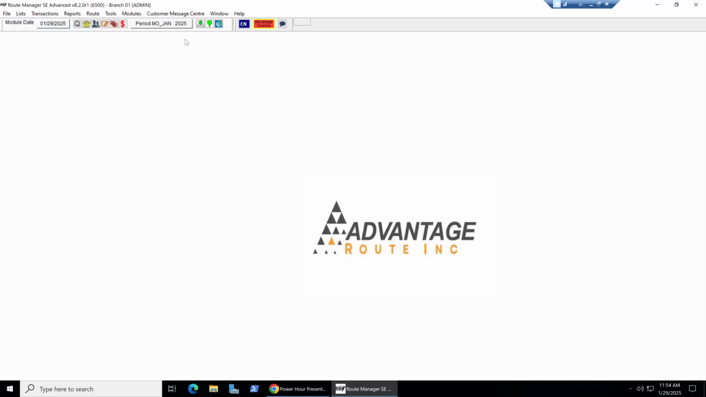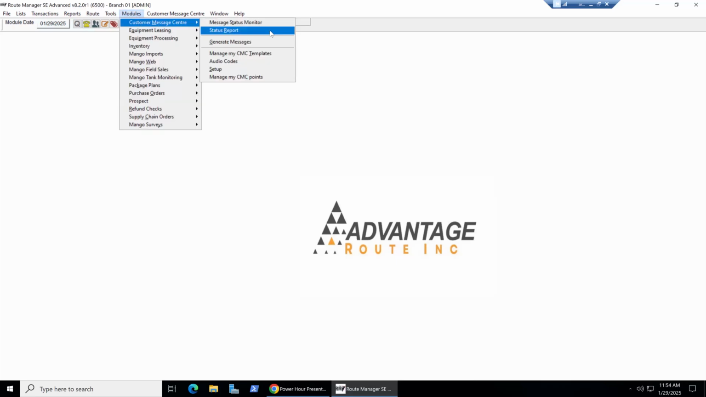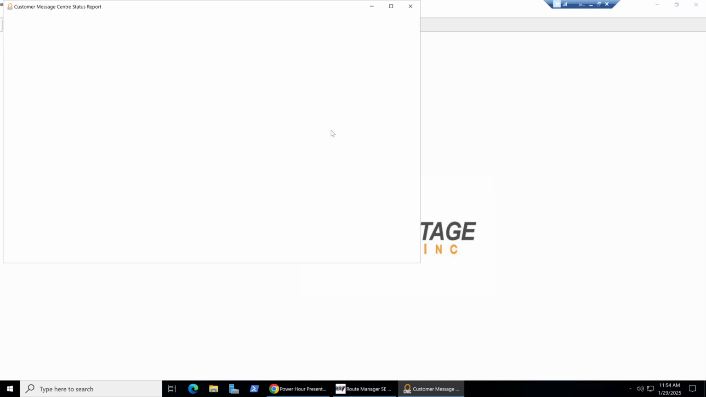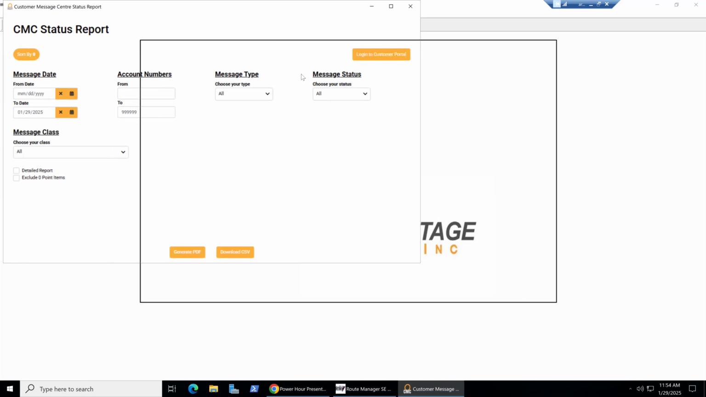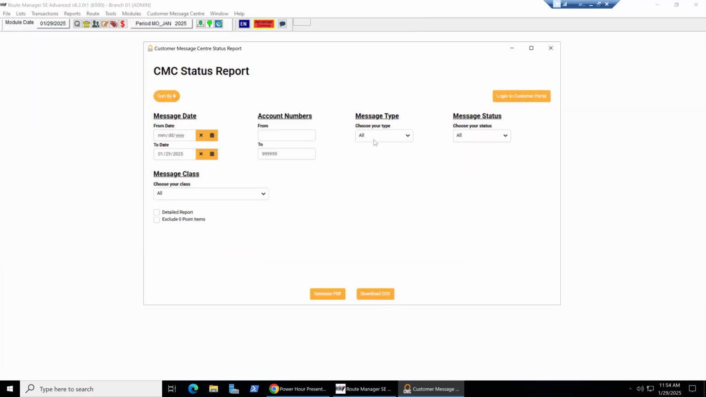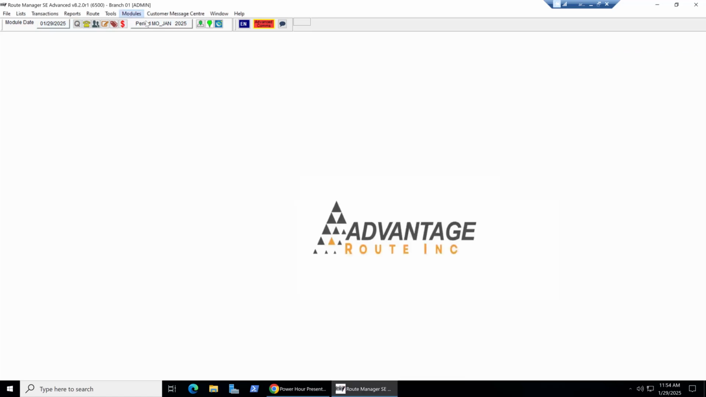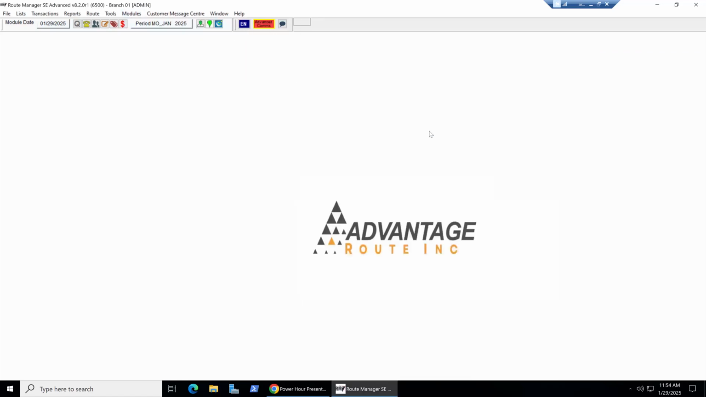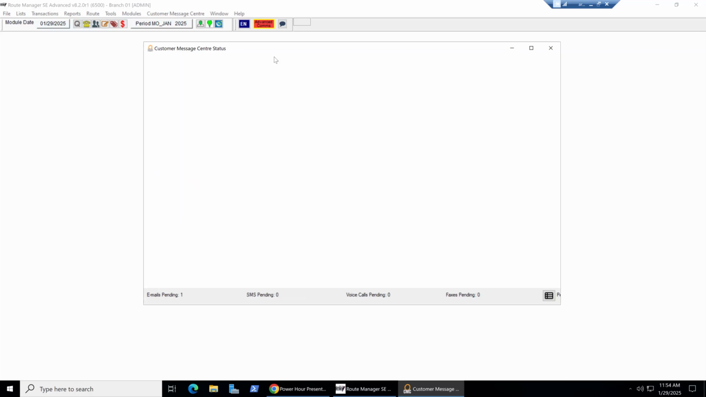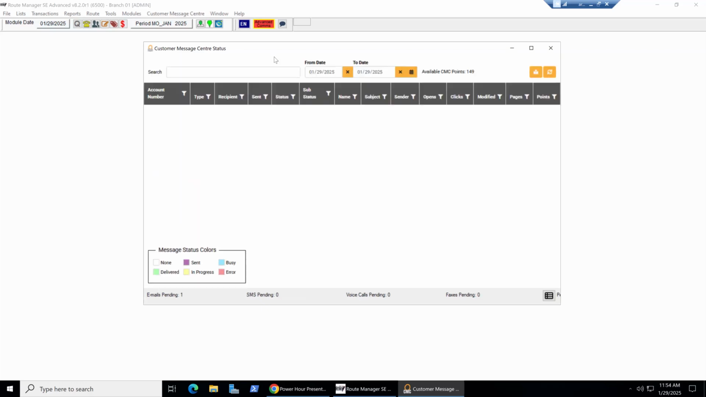So in RMA, you can access the status monitor under modules, customer message center, status monitor. In versions, I want to say 8.1 R9 and newer, the status monitor will look a bit different to you guys. Oh, I'm sorry, this is the report. This is not what I wanted. So, message status monitor. In this window, it's going to look a little bit different than older versions, but